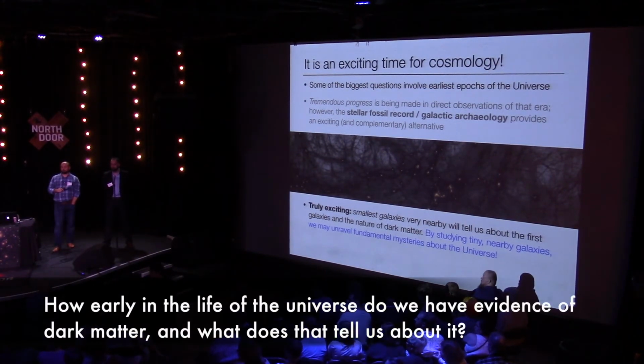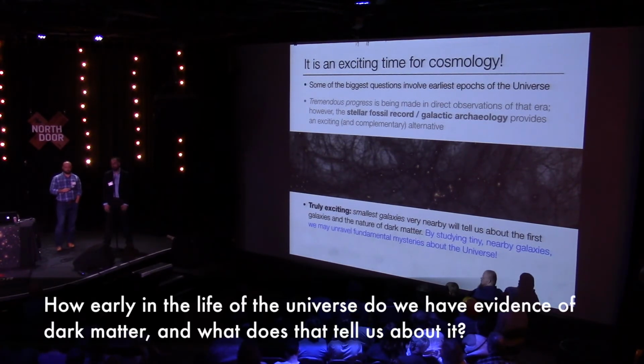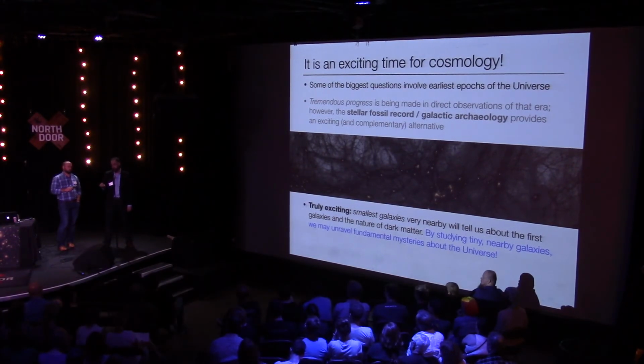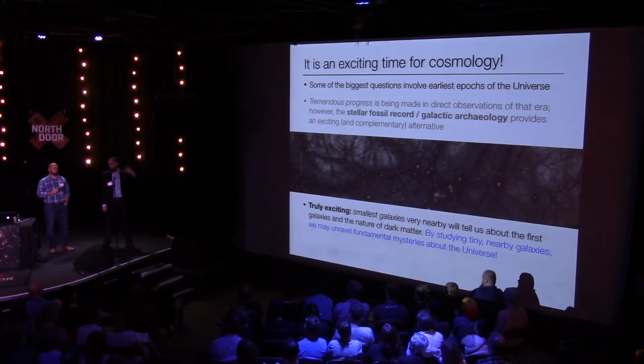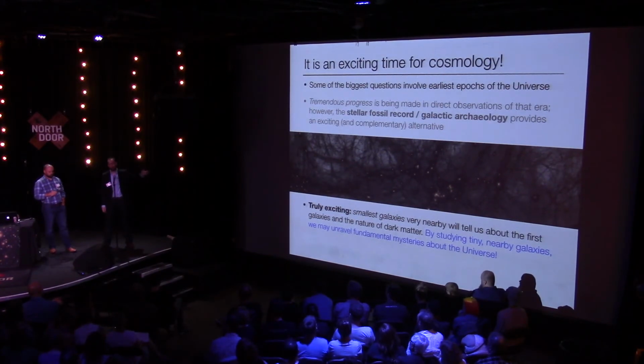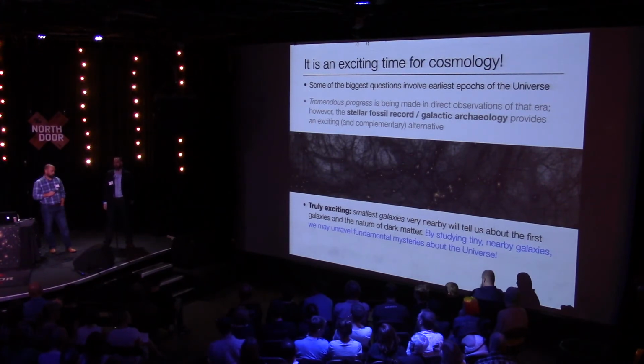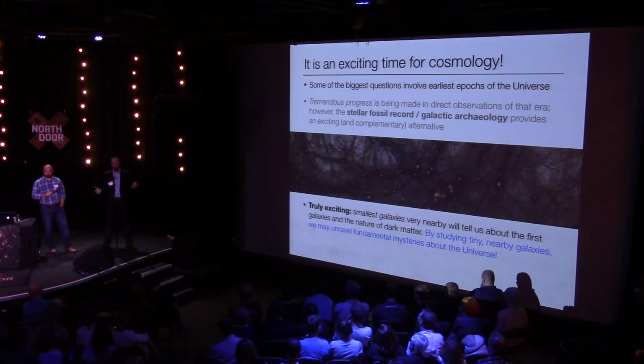Do we know the oldest evidence we have? So the question is, what is the oldest period at which we have evidence for dark matter, and what can that actually tell us about dark matter? So I've been talking a lot about the era of galaxies. This is maybe starting at 500 million years after the Big Bang and all the way forward. We have extremely strong evidence for the existence of dark matter at 380,000 years after the Big Bang, well before any galaxies could have even formed at all.